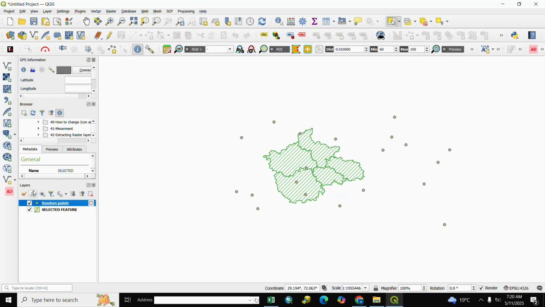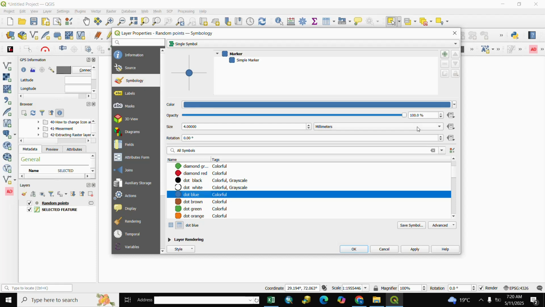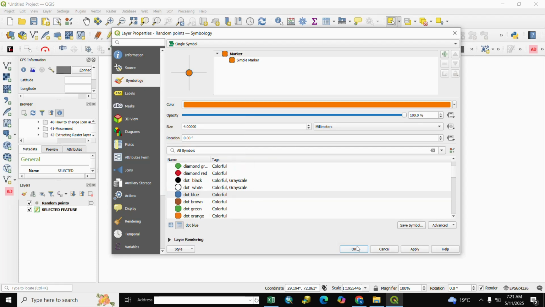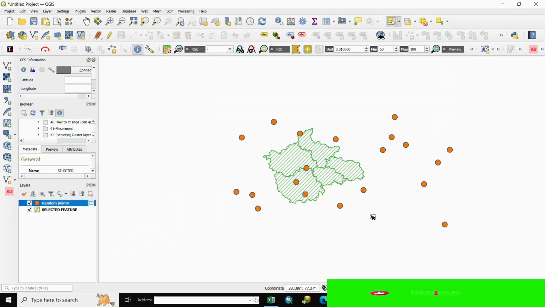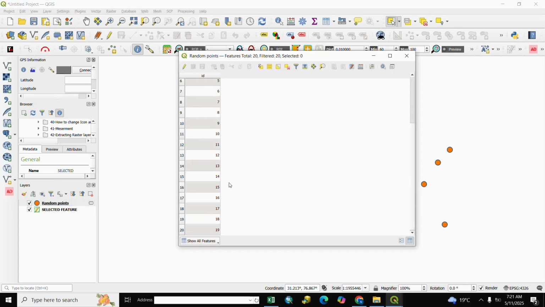points are created. If you want to change symbology, you right click, go to Properties and change here your symbology as per your requirement and color. Our random points are generated. If you want to open the table, you go to the table. Here are random points, 20 random points,